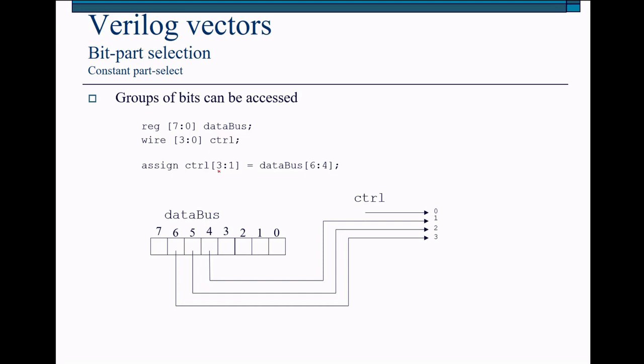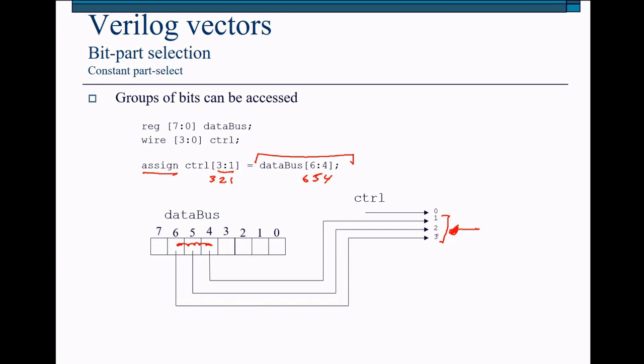For the bit part selection from 3 to 1, we have the bit positions 3, 2 and 1. So we go from 3 down to 1, and that gives us 3 wires, these 3 wires. In a similar way with the bit part selection 6 down to 4, we have the bit positions 6, 5 and 4. And that gives us these 3 bits in data bus. So what we're doing in this case with the assign statement, we've got 3 bits which are used to drive